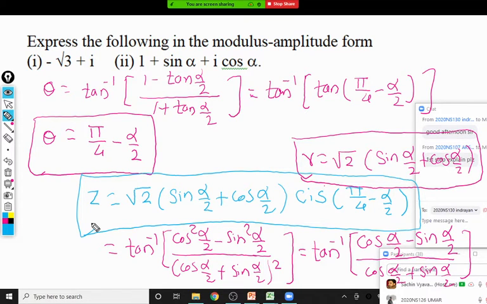Sir, will you please make us write some of the identities which are going to be used in this chapter? These are only for the double angle formulas, and you can go through them. We can't say which identity we require at any stage, but mainly in these 2-3 examples, we require these identities only, like sin 2 theta, cos 2 theta, tan a plus b, tan a minus b, like that.